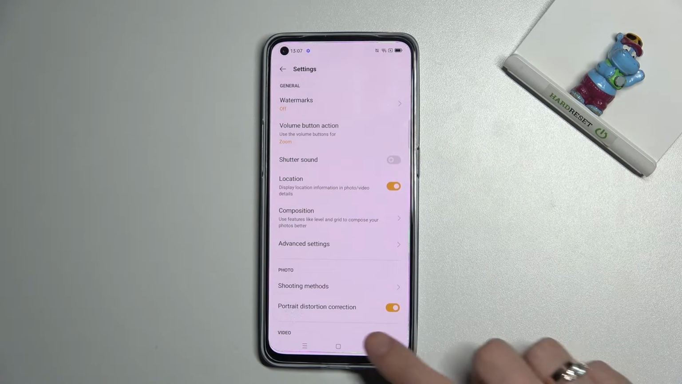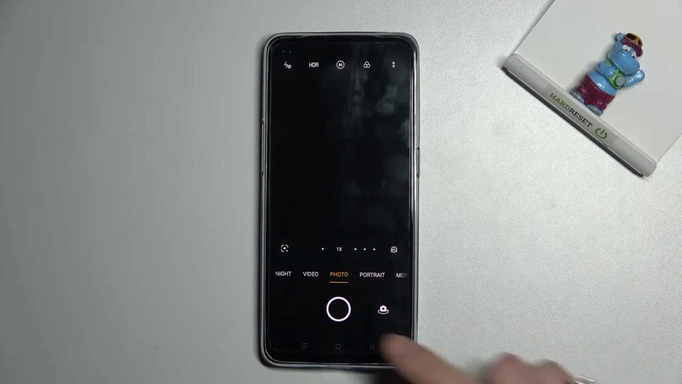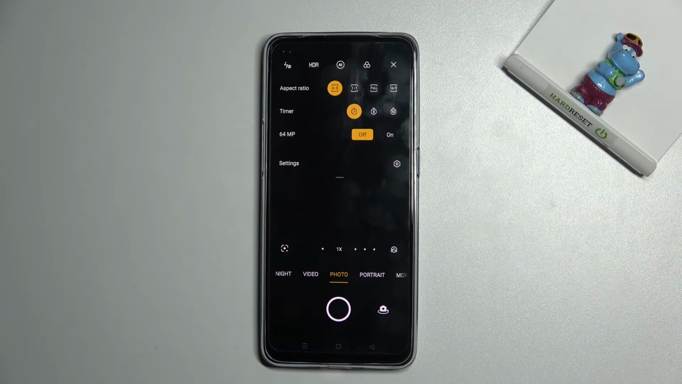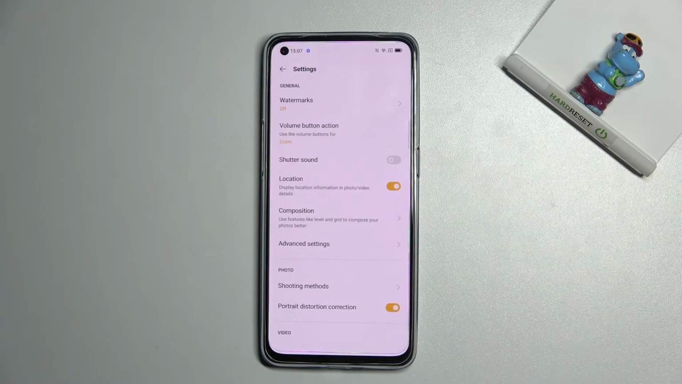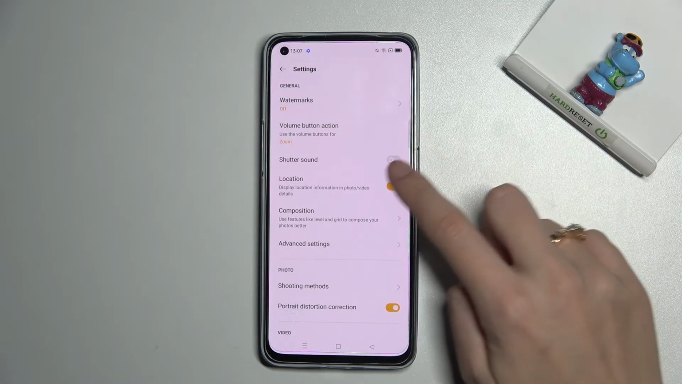Now let me keep it turned off when we move back to the camera, and when I take another picture we can't hear it. And of course when we tap to right corner button once again, then open camera settings and turn on the sound,